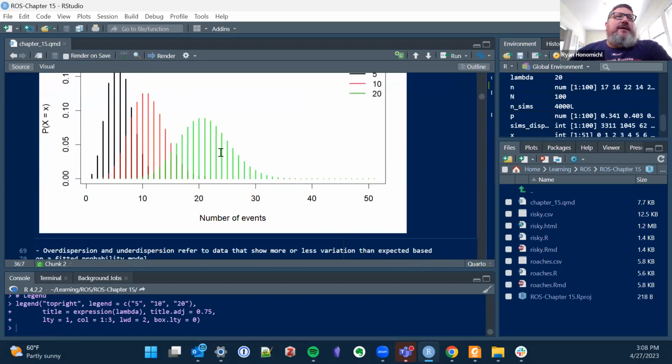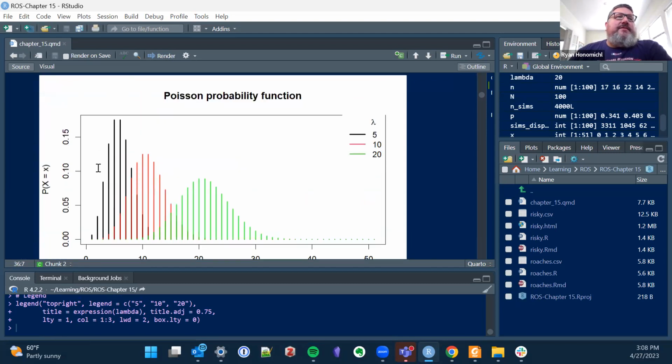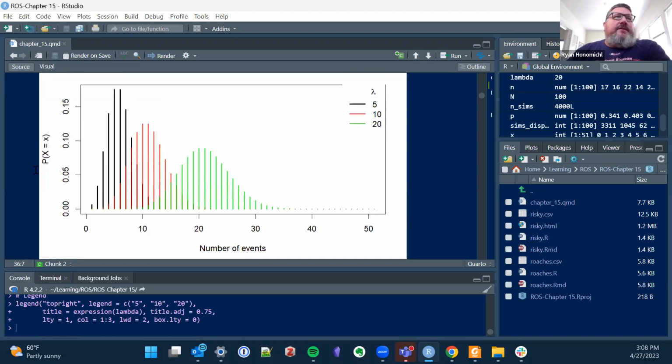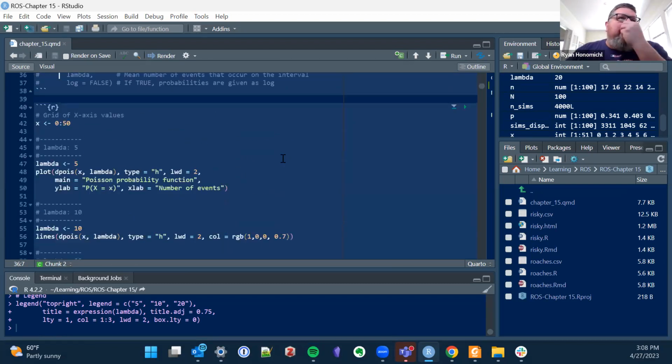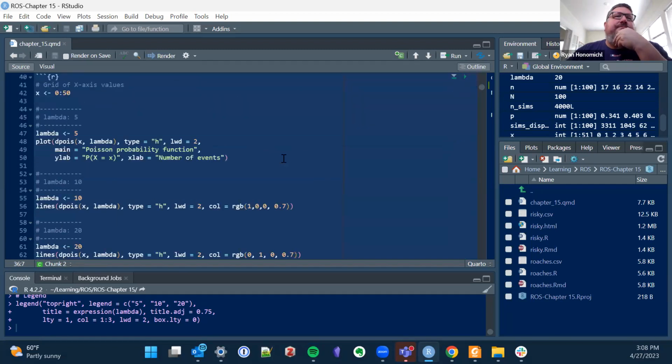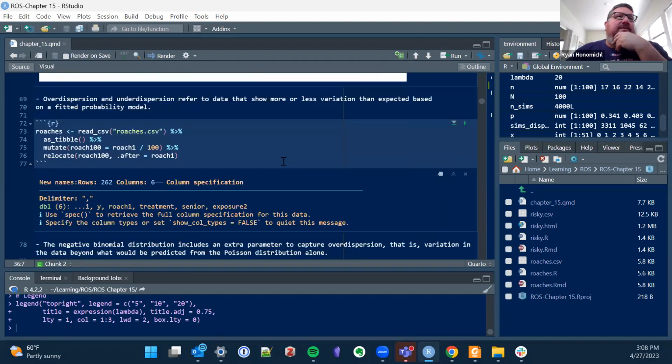I thought this is kind of cool. When lambda is this, the black distribution, I don't know if you can see this, it peaks obviously earlier and then trickles down as we move to the right. And for 10, as we get further to the right, we get these lower and lower humps that are less asymmetrical as we move from left to right. These are the kinds of distributions that we would expect for a variety of lambda levels and number of events.